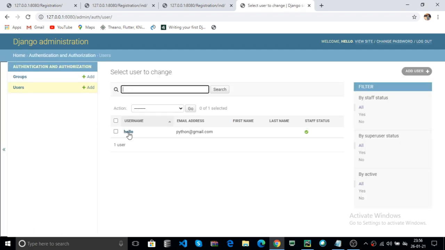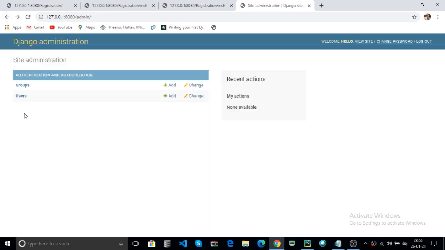Here you are the one user. Now we have one model. How to add the model into your Django administration? The Django administration is the backend, where all the tables are stored, like backend database processing.